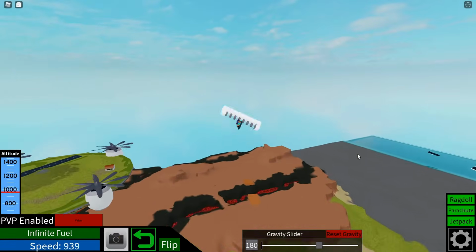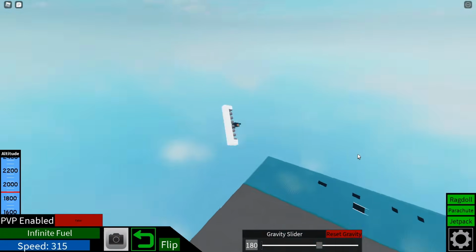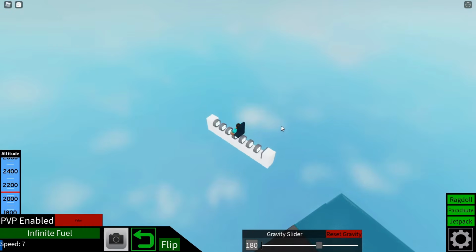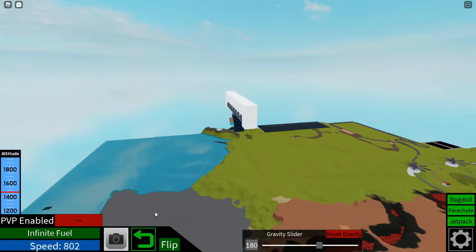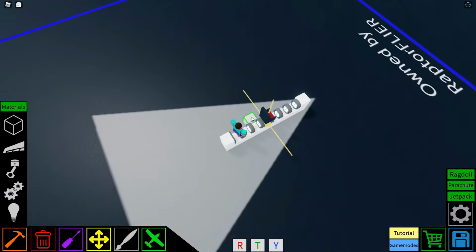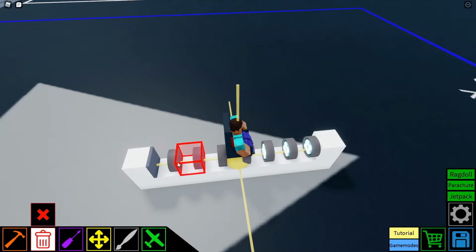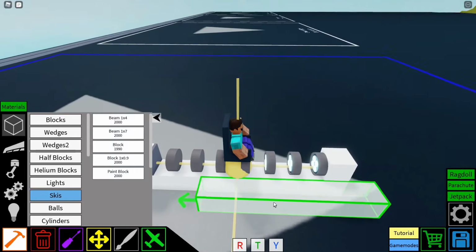Alright? Look at the speed you're going, right? I know this is pretty insane because obviously we don't have any wing panels, and it's not balanced, but this is basically the base of a really fast plane. Now, you can either start building a plane around this,